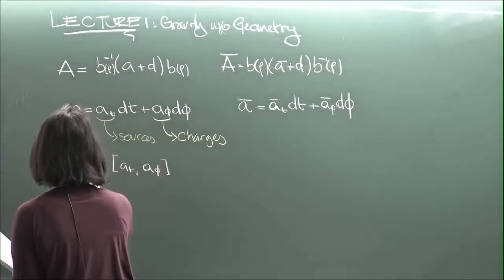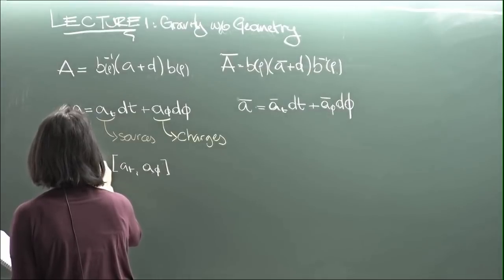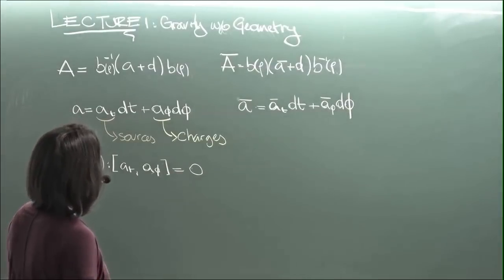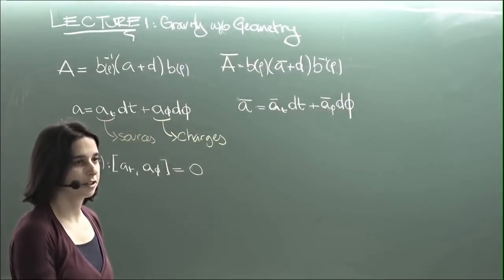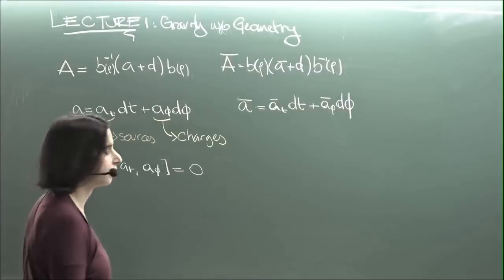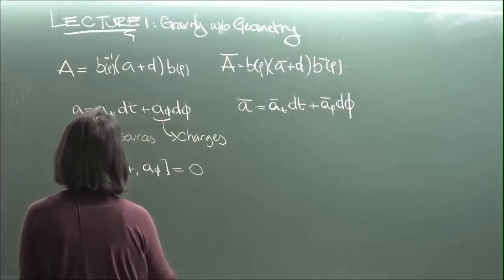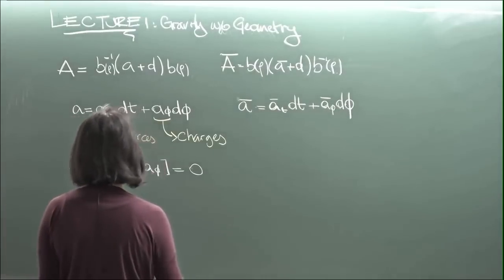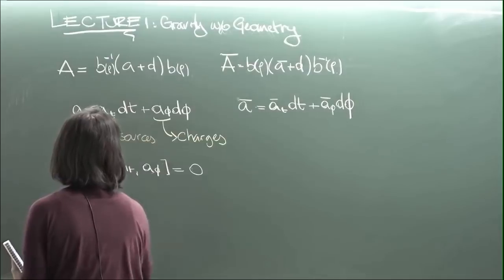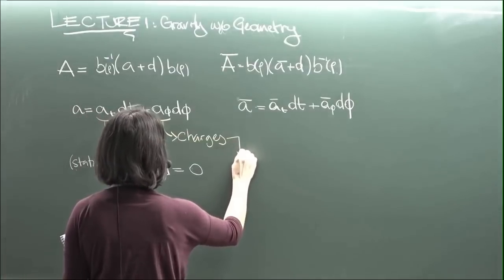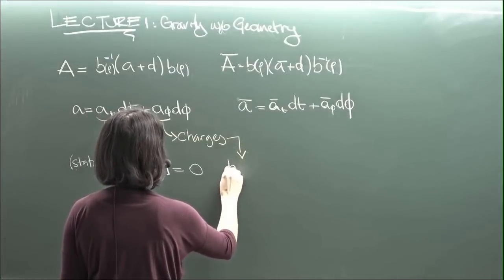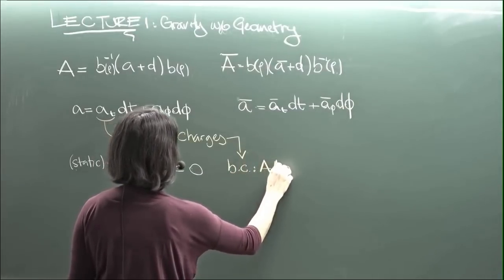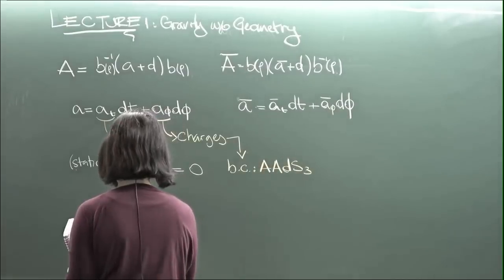Here I'm writing them just in the static case, just for simplicity, because I'm lazy. But of course, it's not difficult. You just have to put a differential if it's not static. In any case, for the black hole case, the commutator of the two connections is 0. And this connection that contains the charges is as well the connection that contains the information about the boundary conditions, and in particular, in the case of interest, what it means to be asymptotically like AdS3,